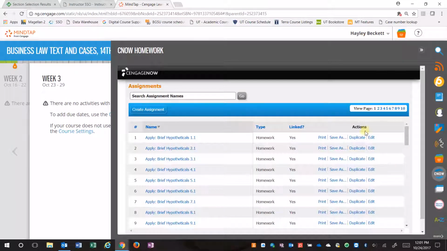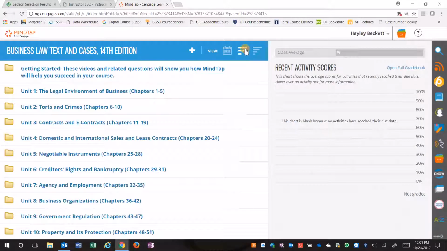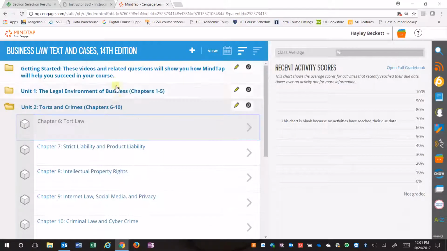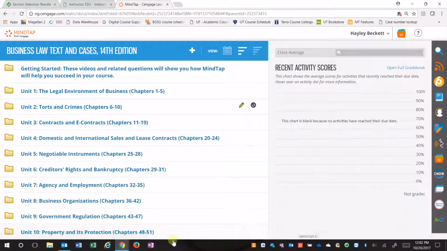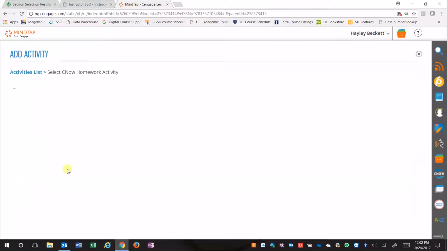So now we want to take the test and put it in the learning path so the students can see it. So under the unit view, you can select this test anywhere in the learning path. So if you want them to dive in per chapter, or if you want it at the part level. For this exercise, I'm going to make it show up at the bottom of MindTap. So I'm going to go up to the plus sign, add activity, See Now Homework activity,